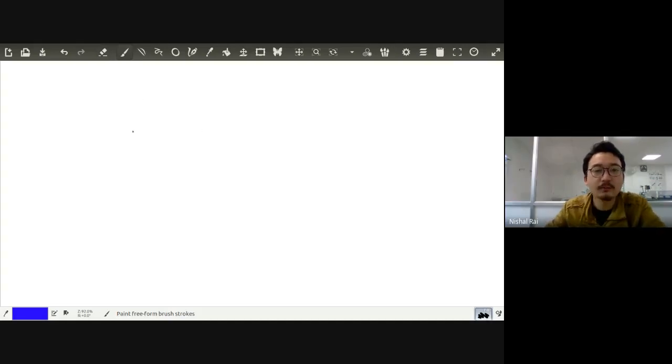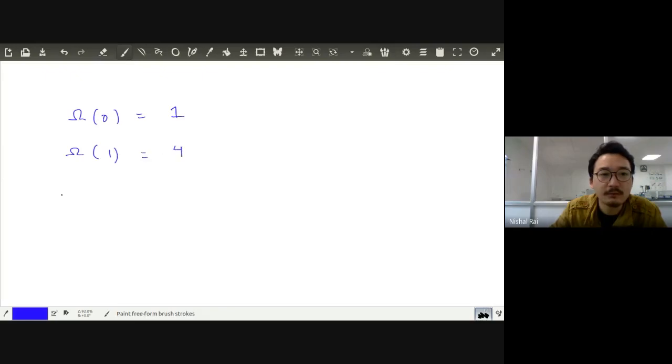Now we will count the total number of microstates and the total number of macrostates. Clear? Let's call it omega, or W, actually it doesn't matter. For zero particles chosen, how much was it? 1, the total number of microstates. For 1, it was 4. For 2, we have to find. So how much will it be?